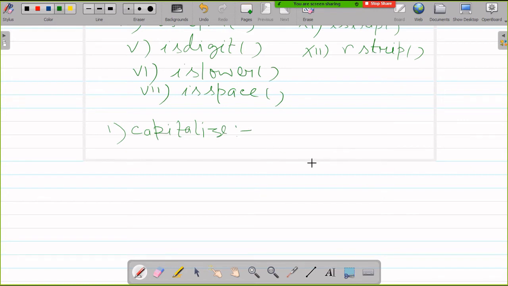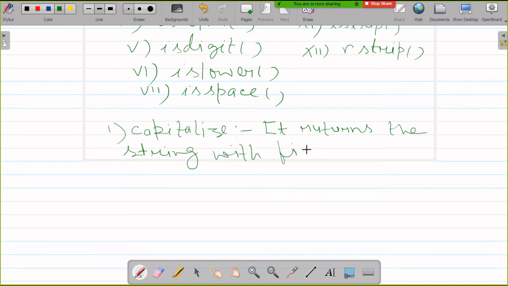It returns the string with the first character capital.